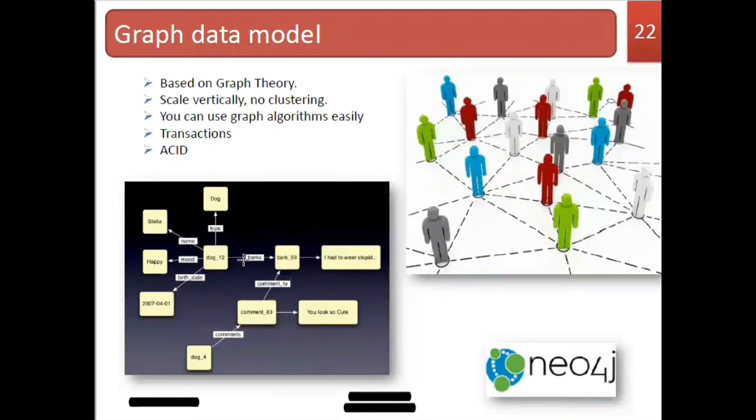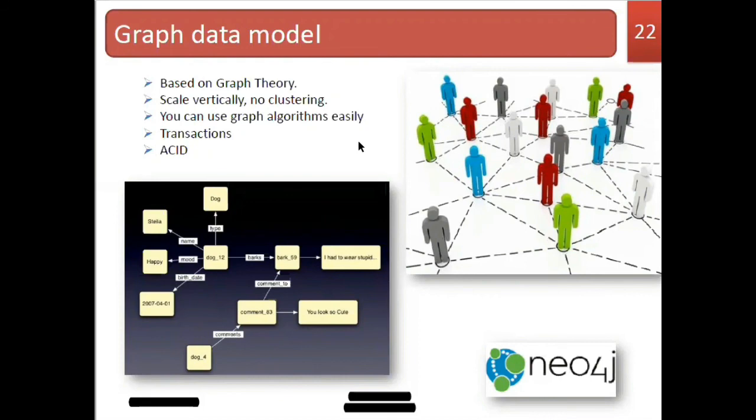It is actually using the same graph theory, and this graph data model is capable of scaling vertically. You know what is vertical and what is horizontal. Horizontal scaling means you can increase the number of columns, and vertical means you can increase the number of rows. Just opposite. You can use graph algorithms easily, and all transactions can be performed.